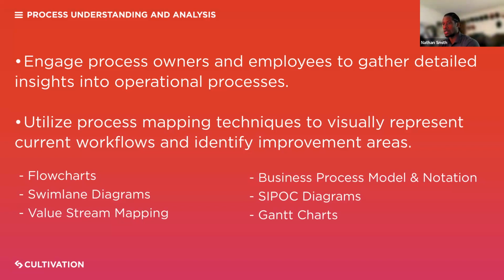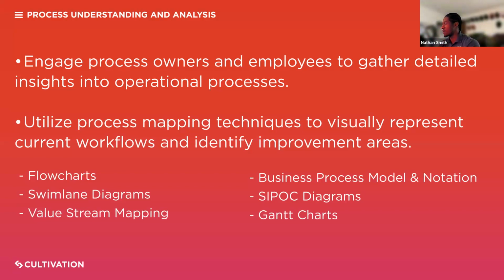We have flow charts, which I'm pretty sure are traditional and widely used, and these illustrate the different steps and decision points within a process by using very basic symbols. We have swim lane diagrams. I'm not sure if any of you use this currently in your business, but it basically shows different responsibilities and departments involved in the process, and showcases the different interactions between these departments as well. We have value stream mapping. We have business process model and notation that are essentially focused on what value is being added within these different processes and what processes don't really add much value at all.